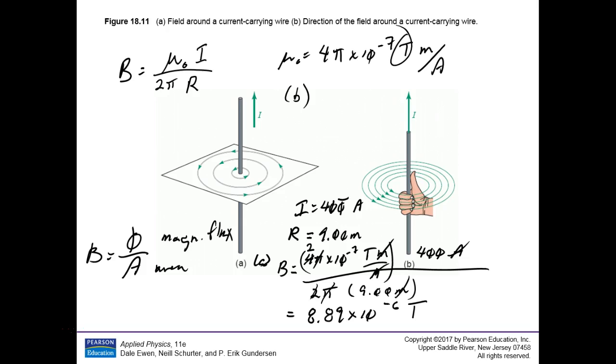The field lines are going like this, and the B for the Earth is in the same direction as the line here, because it said assume the line is going north-south. The B for the power line is somewhat perpendicular to that, okay? So there it is, and that's shorter because this is 8.89 times 10 to the minus 6, whereas the Earth is 5.20 times 10 to the minus 5th. So this is a good bit longer, but perpendicular, so the resultant would be there.